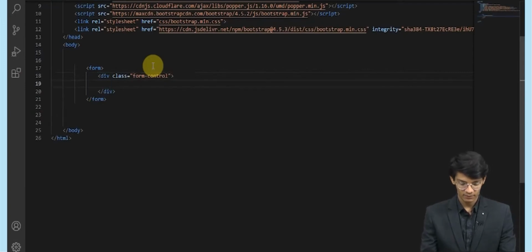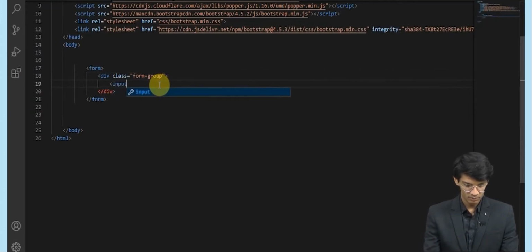In that particular div class group, I am going to give an input class, that is form control, and we will give it an ID as name, and we give it type of text.